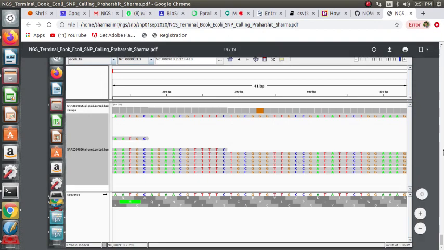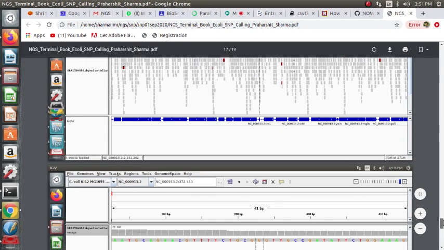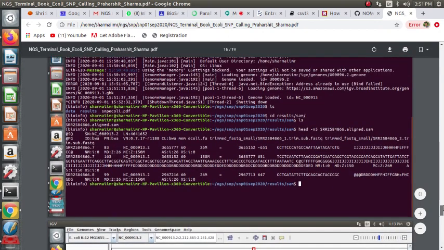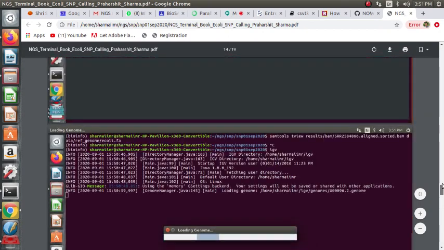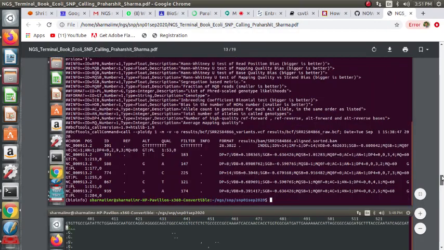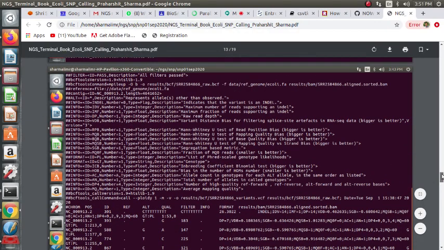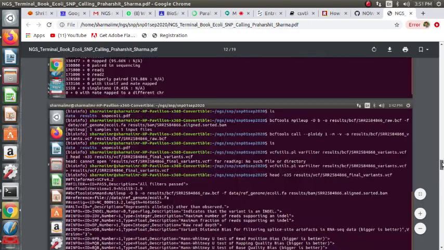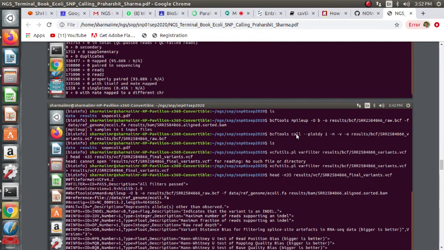This is the command to convert to VCF: bcftools mpileup and bcftools call. You can exactly follow the terminal book. Everything is clear. You can print it out; I think it's 14 or 15 pages. Print it out and then try it.